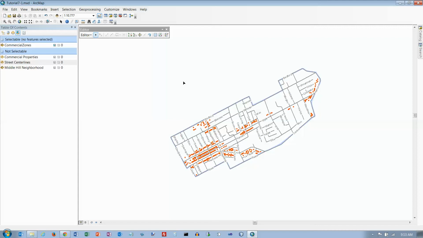And it says practice creating polygon, rectangle, circle, and ellipse tools from the Create Features Construction Tools panel, and delete your polygons when you're finished. So I'll let you do that on your own,